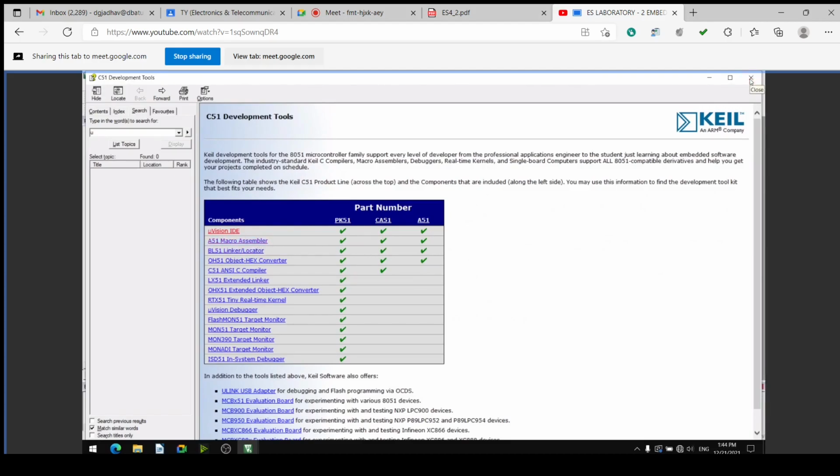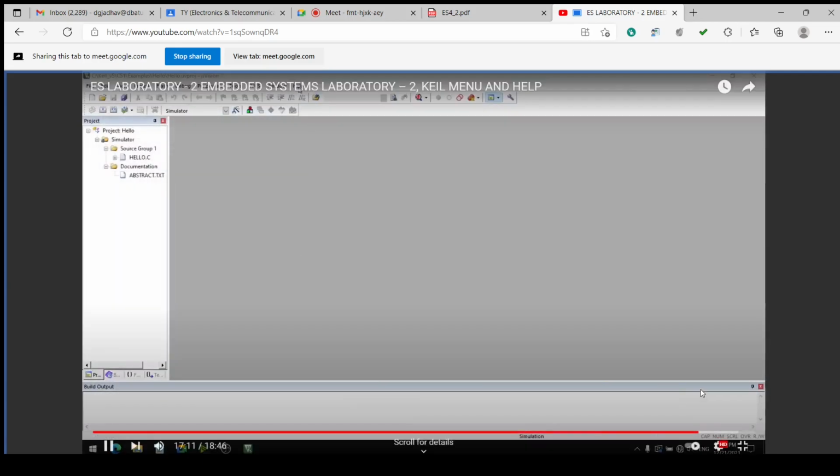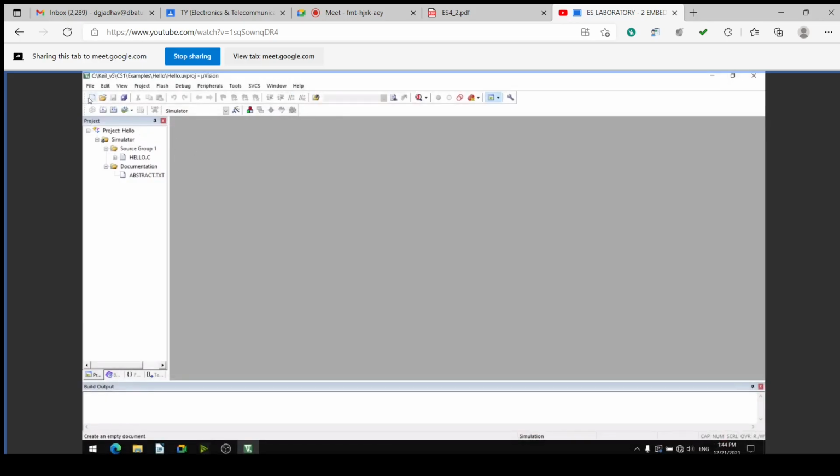So I will close this window for the help. After this help, we can have the menu buttons also on this bar. So this is new, this is open, this is save all, cut, copy, paste, undo, redo.